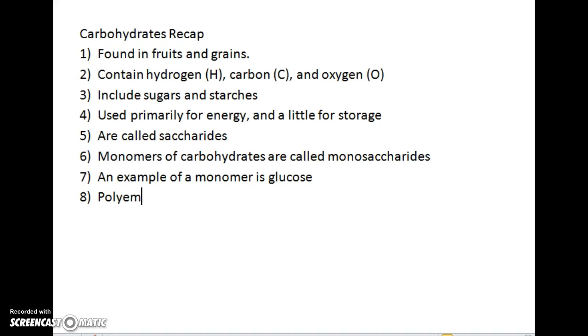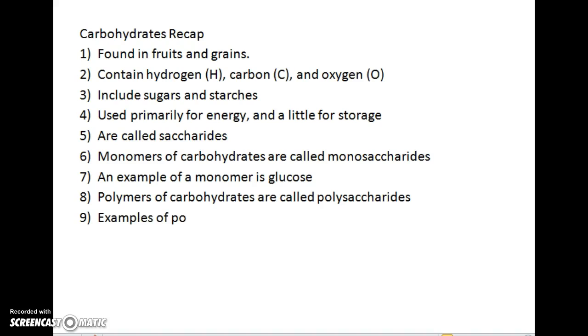Those monomers build polymers. The polymers of carbohydrates are called polysaccharides. And lastly, examples of polymers